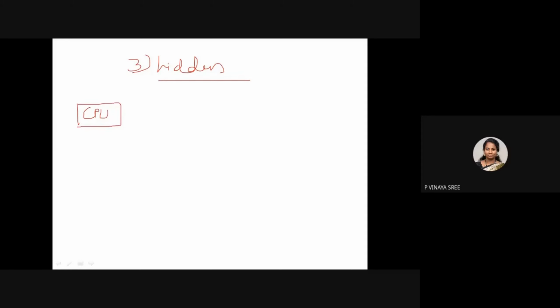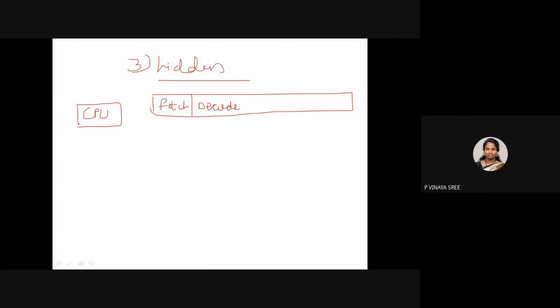So what is the main functionality of a processor? It has to execute instructions, right? In order to execute, we studied in the first unit: fetching the instruction. Next step is decoding the instruction.